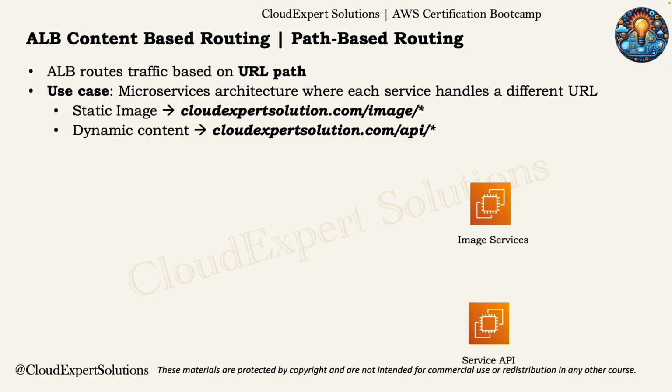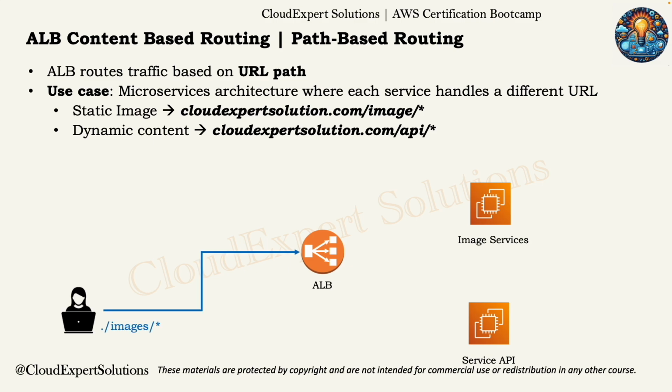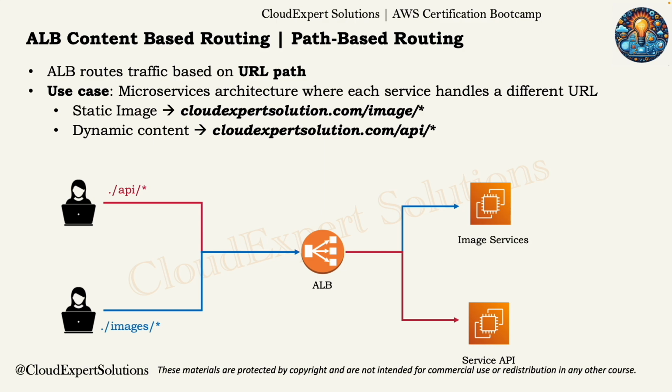you are using a separate microservice to host those backend APIs. You have one application load balancer front-ending both the microservices. Now when user will request for /images, or if there is a request to retrieve some image file or static file, then application load balancer will forward the request to the backend which will serve the images. On the other hand, if there is a request for a dynamic content which will be served via API and the request is coming with an URL/API, application load balancer will forward that request to the backend which is responsible